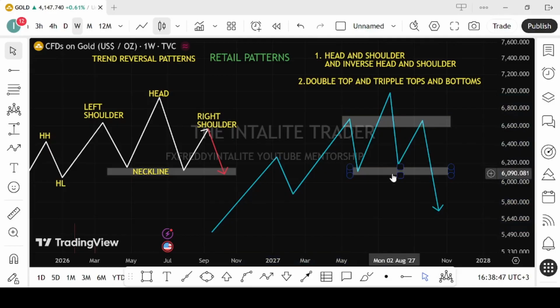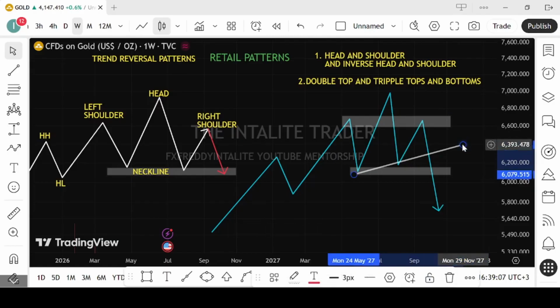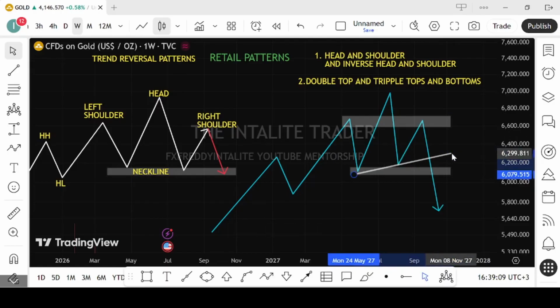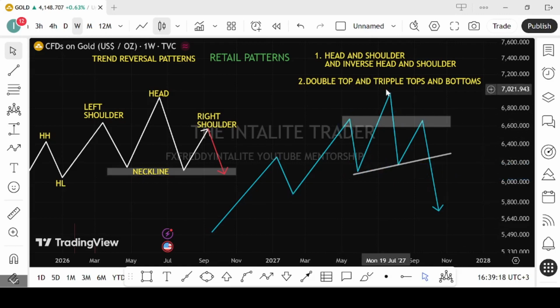So this is the neckline. You can also say this is a slanted neckline. If you want, you can say this one is a slanted neckline, upwards slanted neckline. Now this one, we use it in confluence with other things to confirm a reversal, but it is also still a neckline. But you can see its neckline is slanted, not like this one, which is picture perfect. It still remains a left head and right shoulder